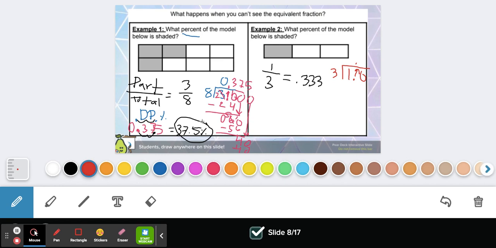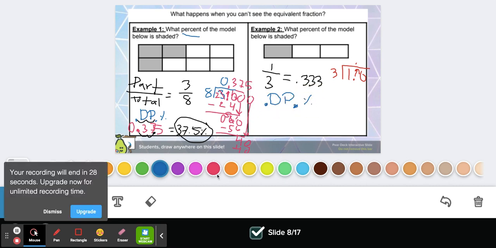Okay. So then once you guys do that division for me, I'm going to do my Dr. Pepper, DP, my decimal to percent. I'm going to add my decimals right here. So I'm going to match them. So I'm going to have 0.333. Remember, I have to move twice. 1, 2, 1, 2. And that is equal to 33.3%. Okay, remember to do this division for me to check that it is 0.333. Okay, thanks. Go to the next